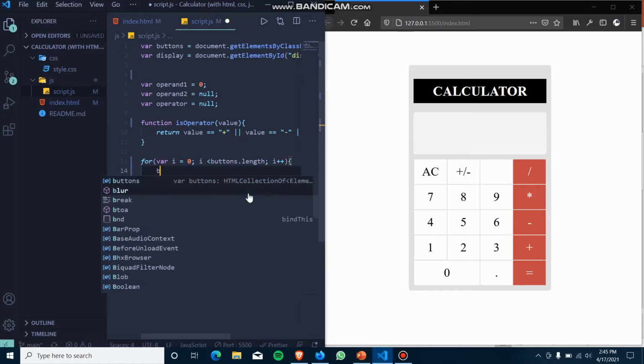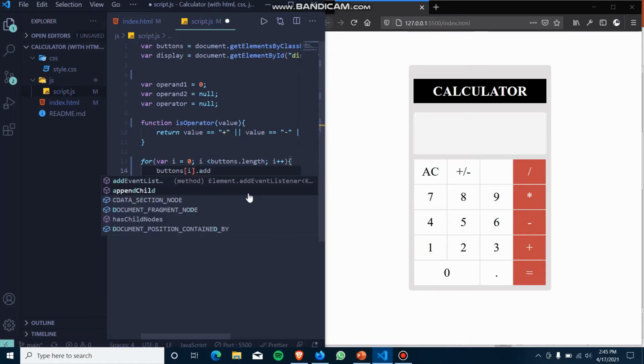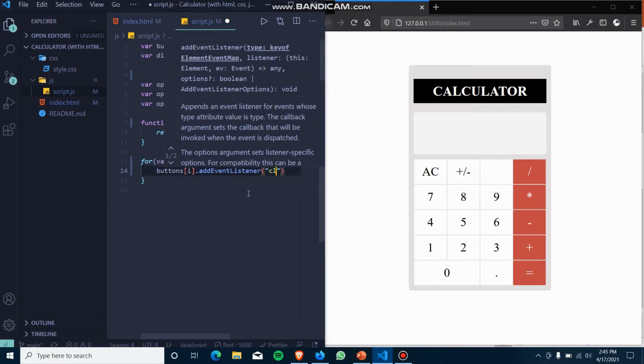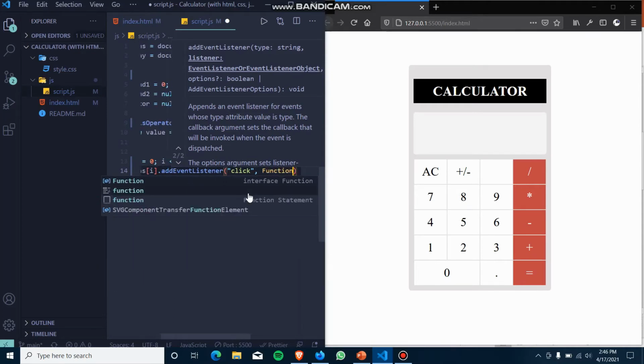Okay. Now buttons of i dot add event listener. What this does is add an event listener for the click event, and I have to use the callback function here.